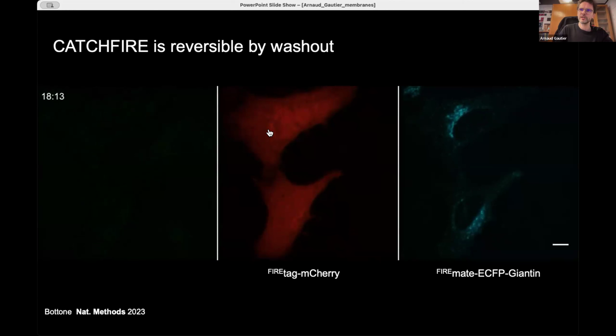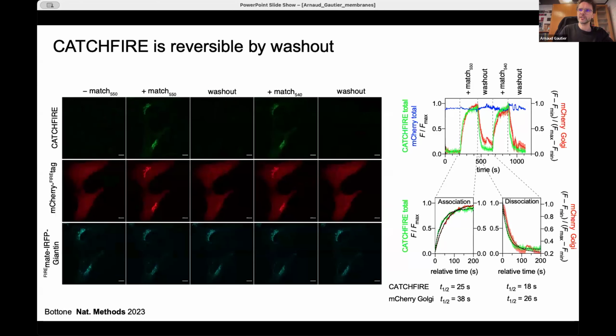small molecule. And of course, with this movie, we could really quantify the kinetics of the association process and dissociation process. And we could demonstrate that basically the half-time of the association is about 25, 30 seconds. And for the dissociation, it's more or less the same. So it's basically simply the diffusion of the small molecule across the cell, and the cell uptake, which control the temporal resolution here of the association and dissociation.